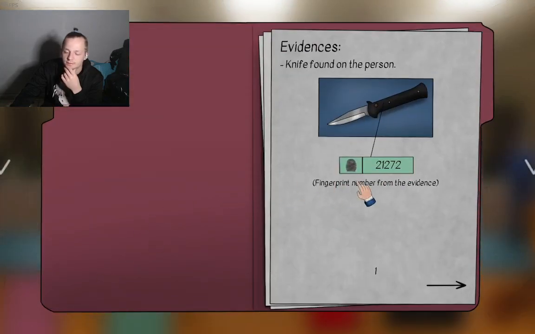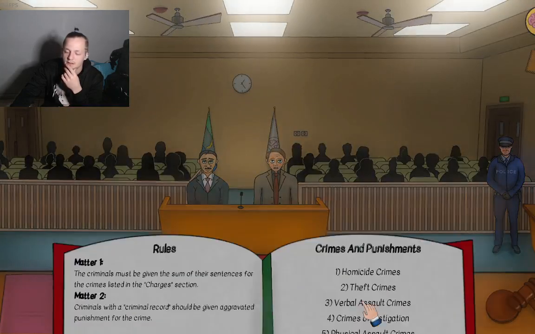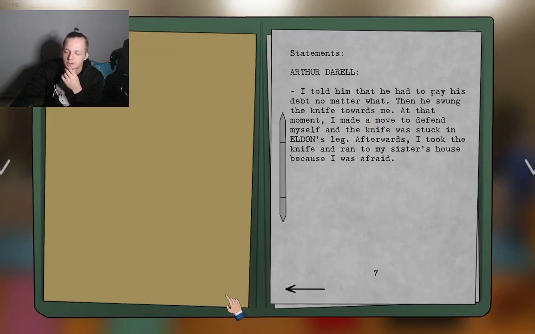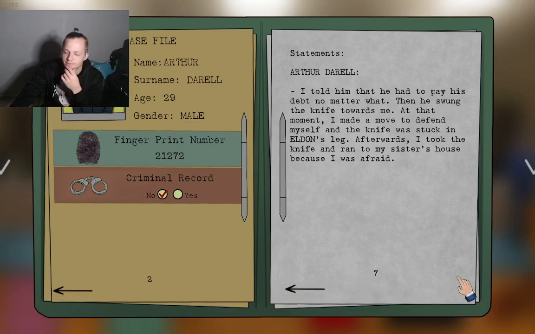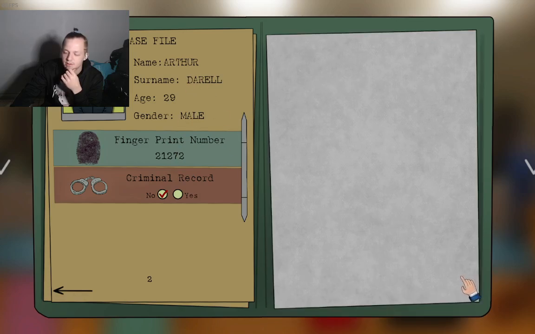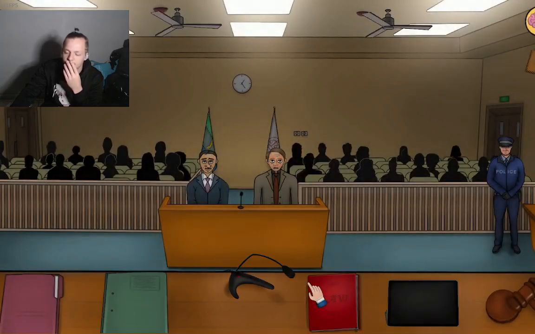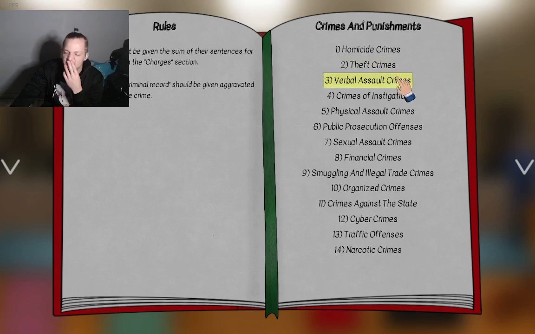So who had the knife? Okay. 7-2. That would be you, buddy. That's crazy. You're trying to blame it on? Okay. That is violent. That is a violent crime. That is assault.